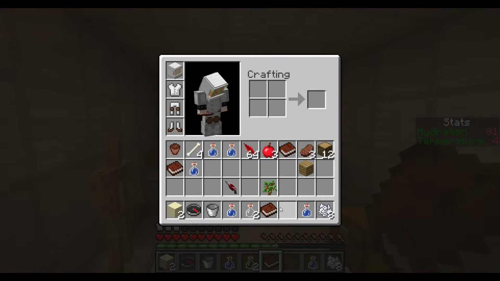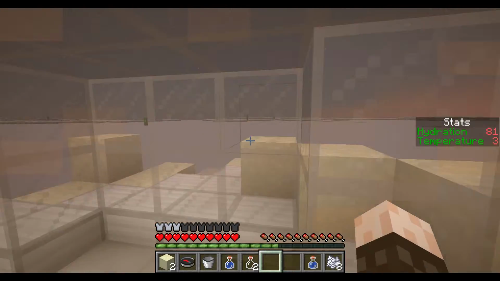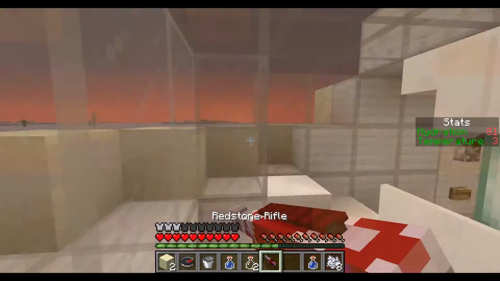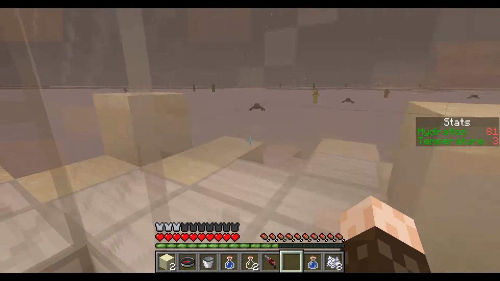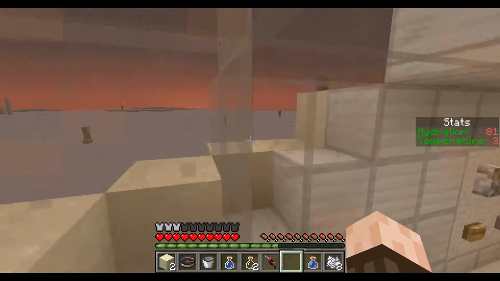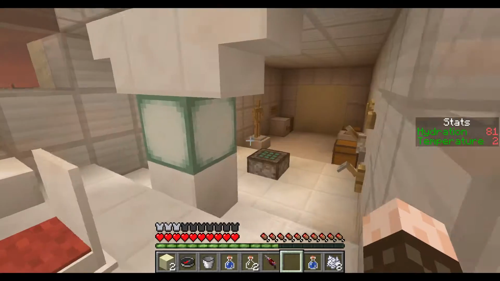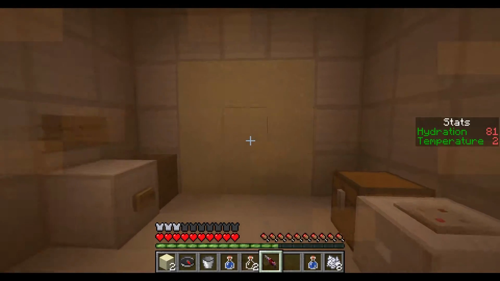Okay, so we need to make a bone crook, which we don't have the bones for. And we need to kill spiders with our gun, or a redstone rifle. And yeah. And that's actually a lot of mobs. Okay, not a lot, but they're all out in the open lined up, so there's not much. It's going to be difficult to only take them out with a bow, even though it is a power 3